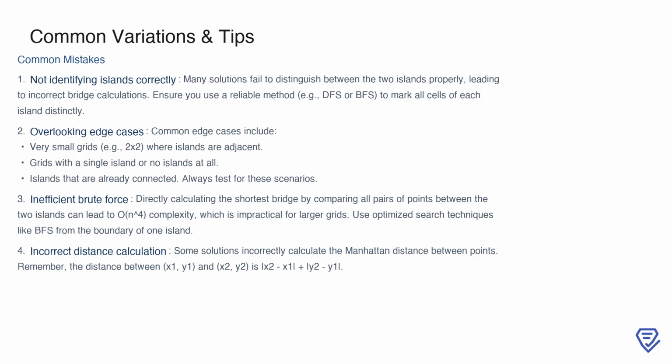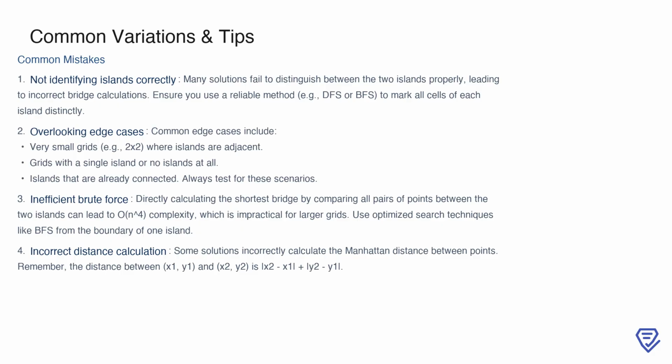Another common pitfall is using inefficient brute force methods to calculate the shortest bridge. Comparing all pairs of points between the two islands results in O(n^4) complexity, which is impractical for larger grids. Instead, optimize your approach with techniques like BFS, which focuses the search on the island boundaries. Finally, incorrect distance calculations can lead to errors. Always use the Manhattan distance formula, which is the absolute difference in x coordinates plus the absolute difference in y